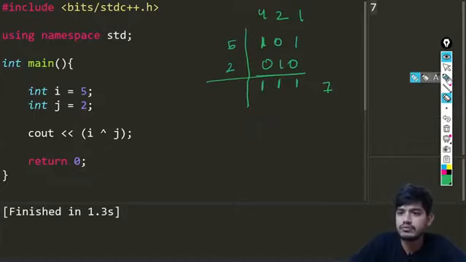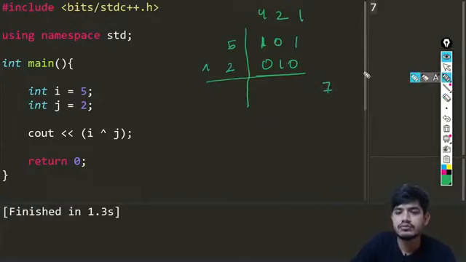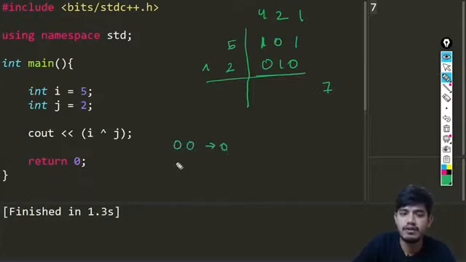So here instead of doing this, I'll be doing the XOR operator, and again I'll be removing this. What is the value for this XOR? You can easily see we have already shown that whenever we have same bits, we'll be getting zeros. Whenever we have different bits, we'll be getting 1. As simple as this one.